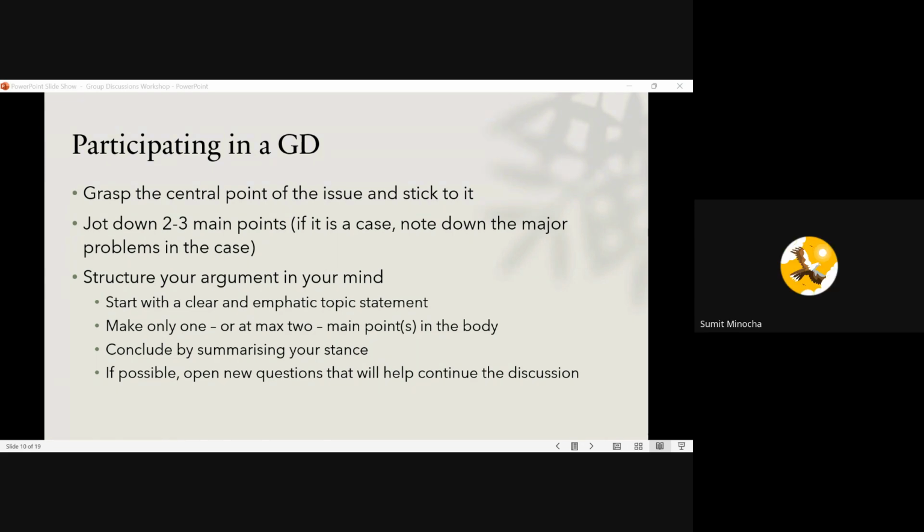Yes, Sumit. Ma'am, sometimes the group discussion happens publicly. So do these points also help to participate as an audience in the group discussion, or are they only for the participants? These are pointers for the participants in a group discussion. Okay, ma'am. So we're assuming that you are in a group and you are a potential hire for the company, and this is part of your interview or hiring process. That is what we're assuming here. Yes, ma'am. Got it.